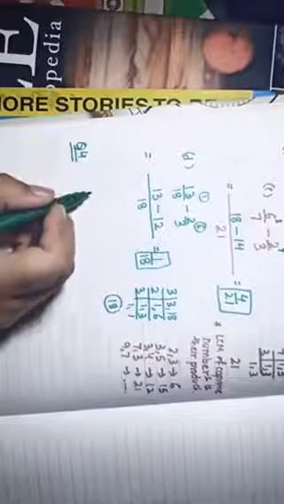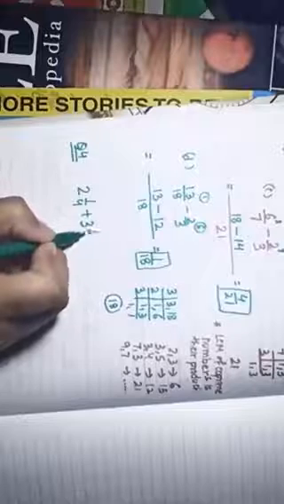Here also we have to solve only, find the sum or difference according to the operation. If it is addition, then we will find the sum. If it is a difference sign, minus sign, then we will find the difference. So I'll do one of subtraction and one of addition. So we have 2 1 by 4 plus 3 1 by 2. The first way is to do it by the traditional method as we are doing here.